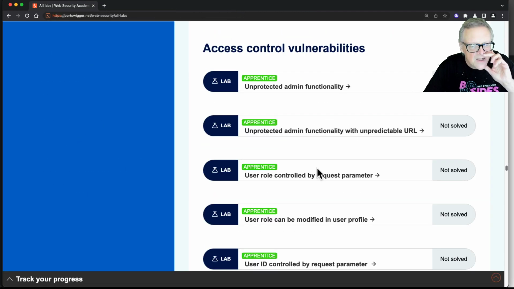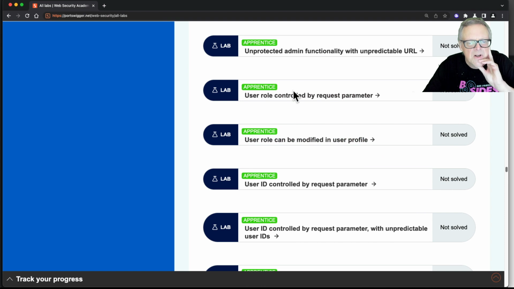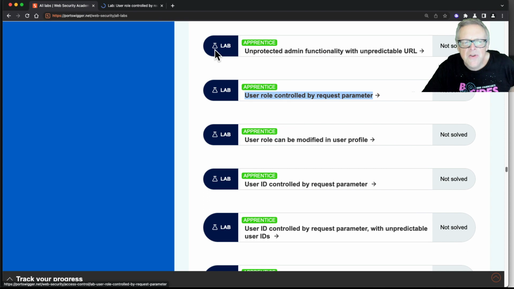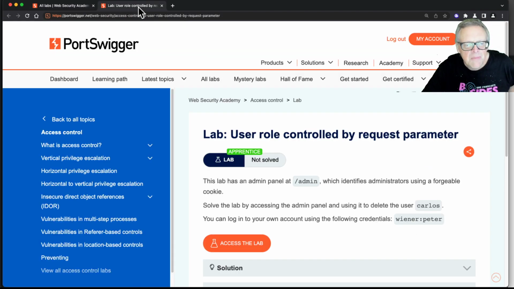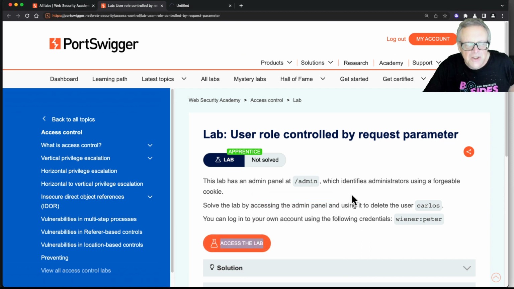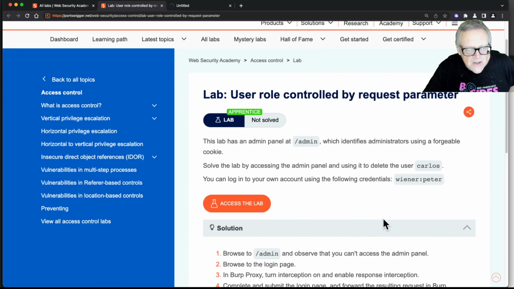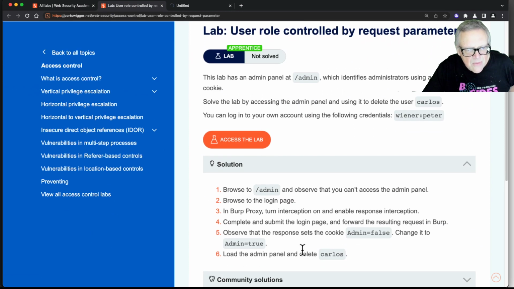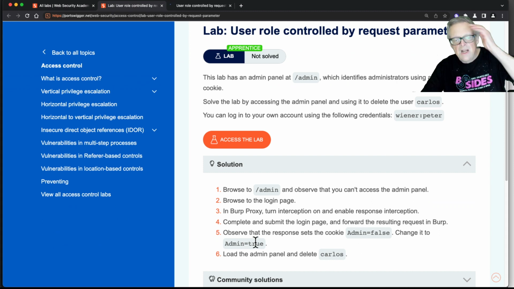So that's another one. All right, and here's another one you'll see. They have an important piece of data, like whether you are logged in with administrator privileges, but they store that important piece of data on the client instead of on the server. So here it's got an admin panel, and I need to get in there. And the solution is I will have a cookie, admin equals false, so I have to change it to admin equals true. Now, there are several ways to do this. You can access cookies directly in the developer tools of your browser, but of course, I think we'll do it with